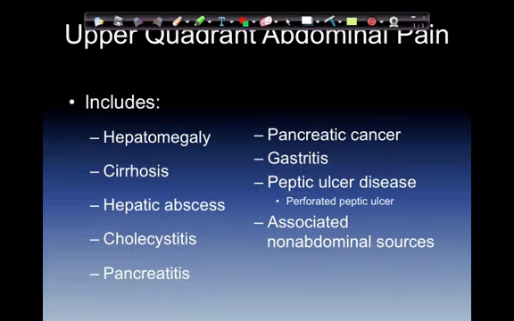Pancreatitis, inflammation of the pancreas. Common cause on this is going to be gallstones. Other factors, we can get blunt trauma, infections, congenital abnormalities, tumors, drugs, and other miscellaneous causes. Pancreatic cancer often is without symptoms, or asymptomatic, until it reaches an advanced stage, and it has a poor prognosis